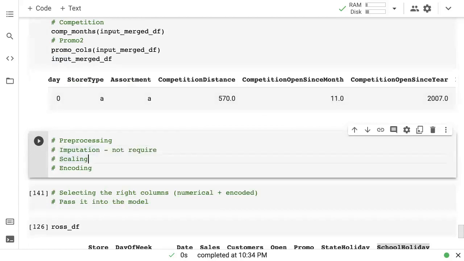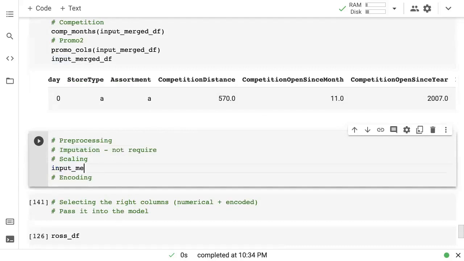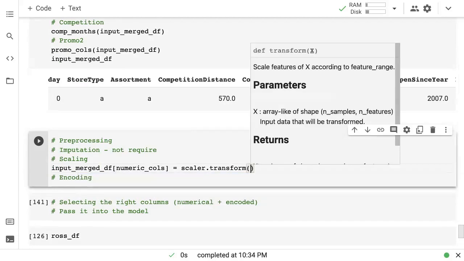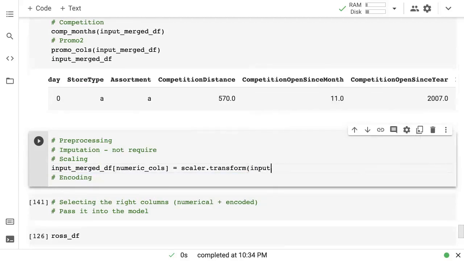There is a scaling required. So I'm just going to do input merged df numeric calls equals scalar dot transform, and scalar already has the scaling parameters, input merge df numeric calls. And then there is also an encoding required.